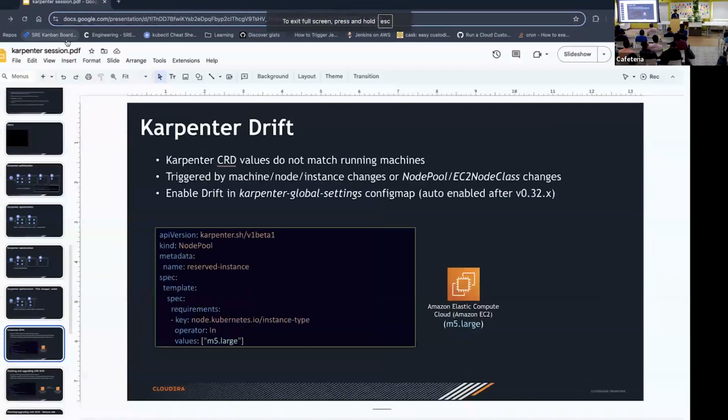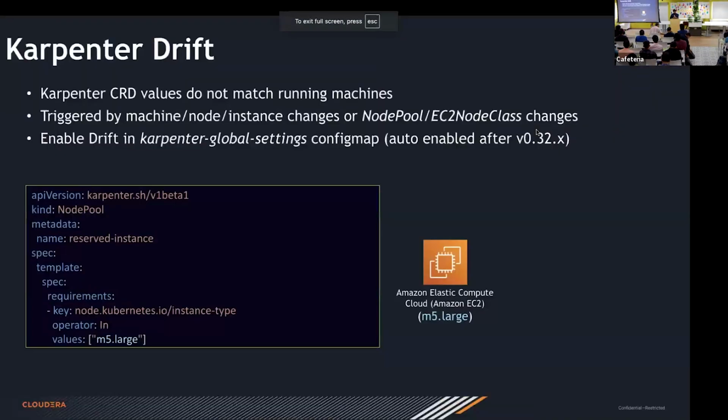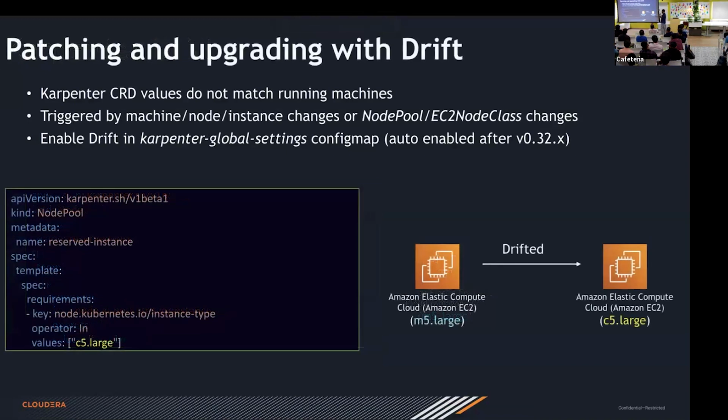Suppose you have a cluster running, you have M5 instances. Now you want to change something. You don't want M5 large nodes. Now, how will you change it? You might be thinking about blue-green deployment, create a temporary node group, shift the workloads. That is not the case here. So if you change the instance type here,